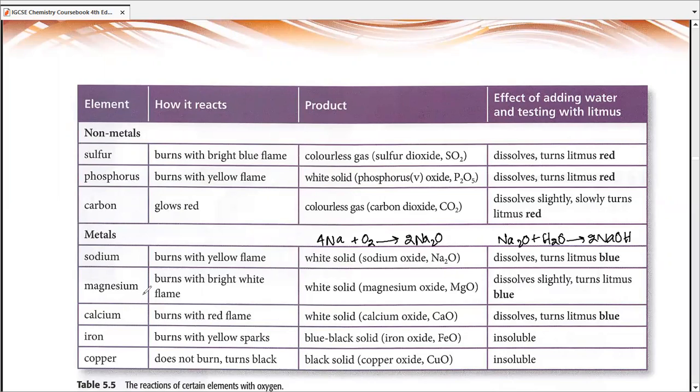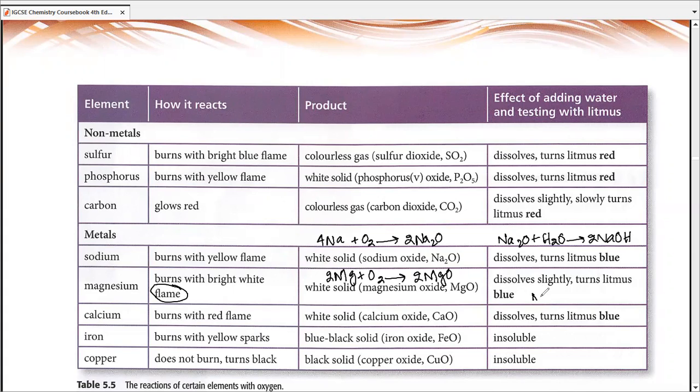It does not give a flame color. Actually, it burns with a bright, flashy white light. Not the flame, white light. We shouldn't call it a flame because in the next parts of the book, like in chapter number 8 or chapter number 9, we call it bright, flashy white light and not the flame color. It produces a white solid, that is magnesium oxide. The reaction goes something like this: 2Mg plus O2 gives us 2MgO,